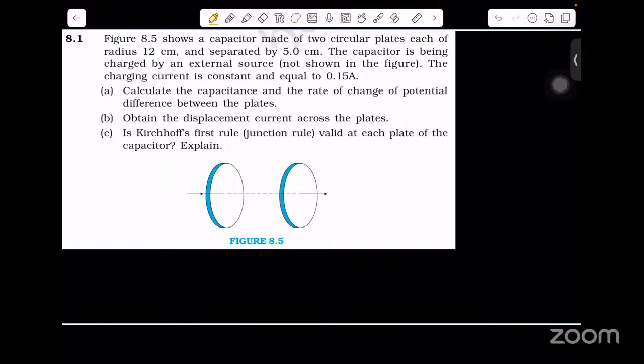Today we are going to take up chapter number 8, which is electromagnetic waves. As you know, NCERT forms the basis for your Class 12th as well as NEET UG preparation. So we're going to take up the exercise questions. There are a total of 10 questions for today, and we're going to discuss the concept associated with each question and their solution